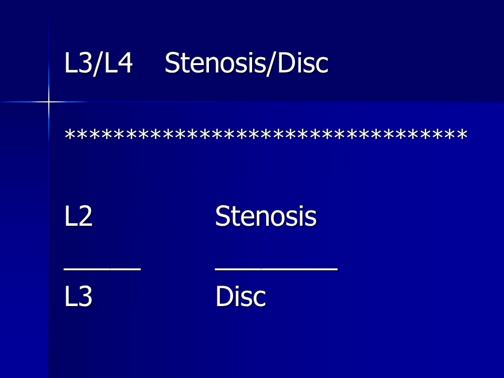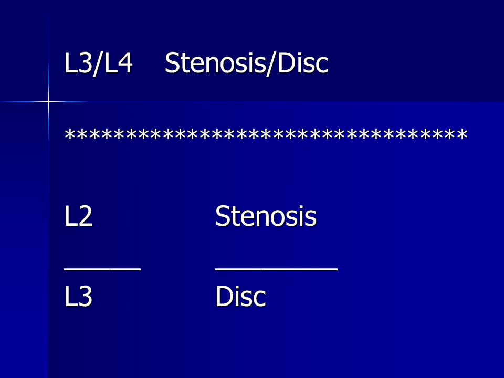To further help you understand and remember stenosis versus disc problems and which nerve root it affects is the formula listed down below the asterisk line. So the L2 and the line and then the L3 represents the L2 and L3 disc, or the motion segment. So when you think stenosis over disc, if there is a stenosis problem, it's going to affect the L2 nerve root. And looking below, if it's a disc problem, it's going to affect the lower nerve root, the L3 nerve